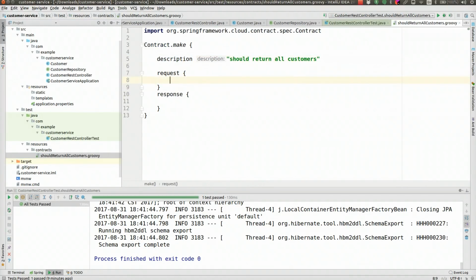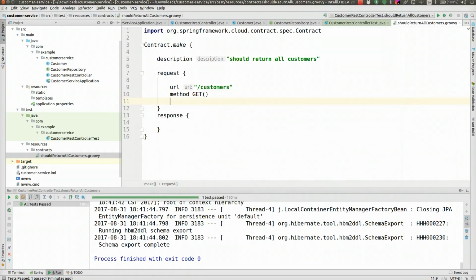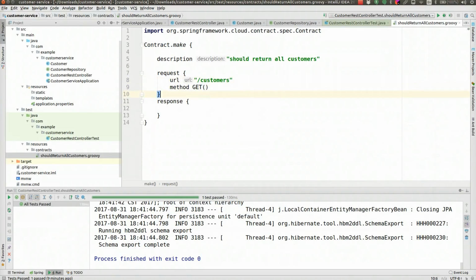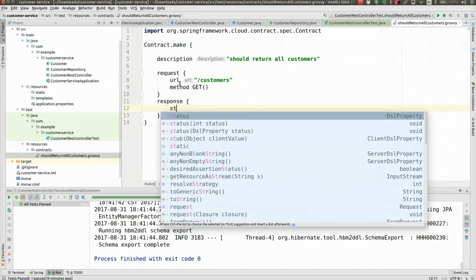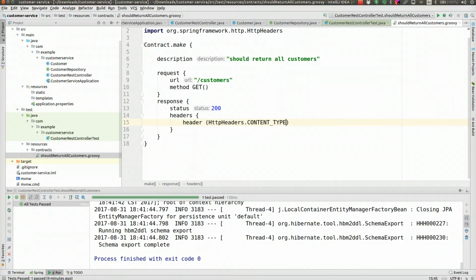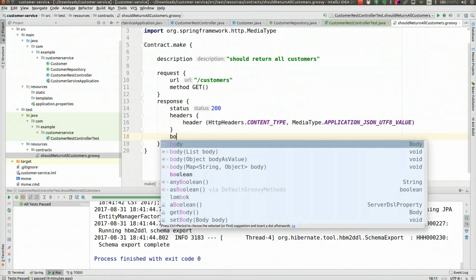So we're saying that we expect a request that goes to the /customers endpoint of type GET that could have a certain collection of headers. We expect that kind of request to yield a response that looks like this. It's going to have a status of 200. It'll have a header, maybe of content type, right? So we can say headers, header, HTTP headers.content type, media type equals application JSON UTF value, and the body will